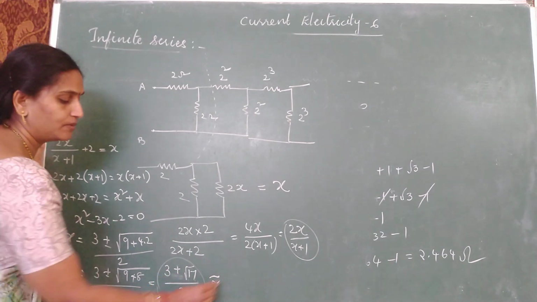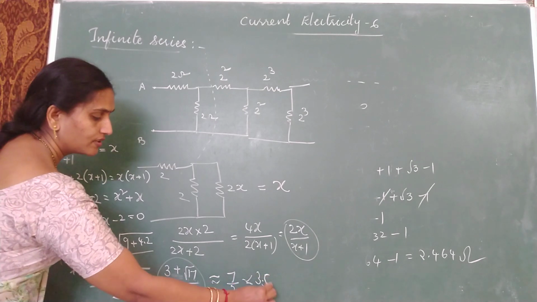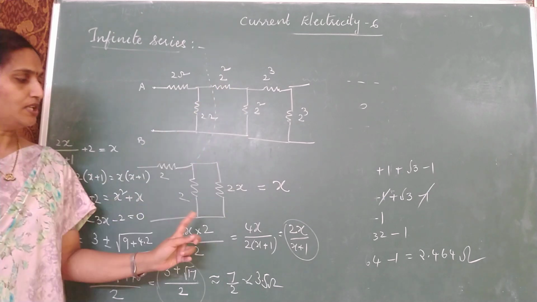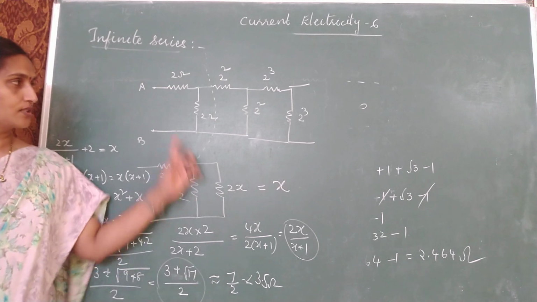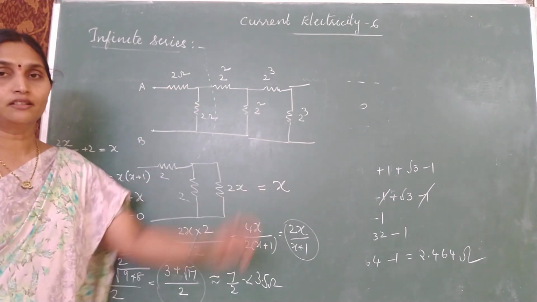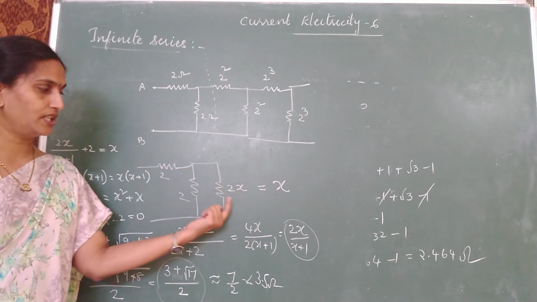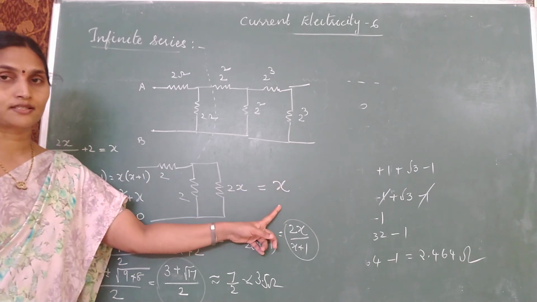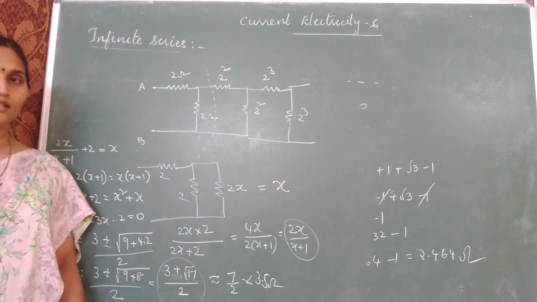3 plus 4 divided by 2, it will be 7 by 2, about 3.5 volts. So this is how, if you are given multiple resistors, you can also calculate the equivalent resistance. Previously 2 was given, but now it is 2 and 2 square, 2 cube and so on. So instead of taking the equivalent resistance still here as x, what should we take it as? 2x. Even after adding, your answer should remain as x. So this is the next model, which is related to infinite series.